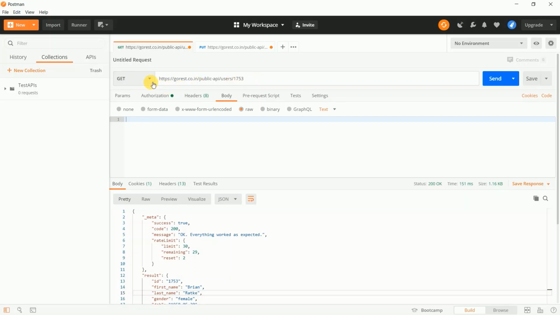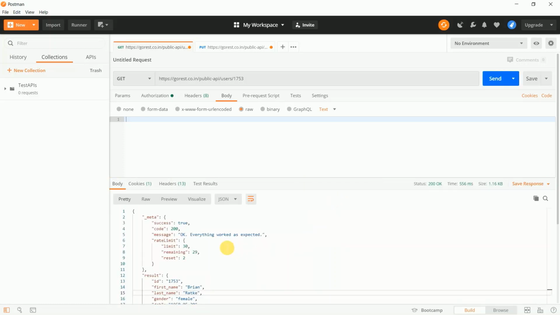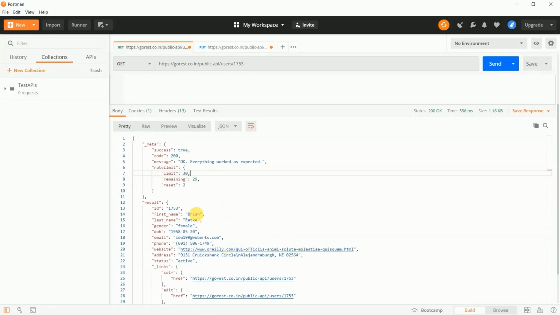First I will show you the existing details of that particular user. So I am hitting the send button. Here you can see the user's ID is 1753 as we have mentioned here. Right now this user's name is Brian. In the PUT request we will change the user's name.